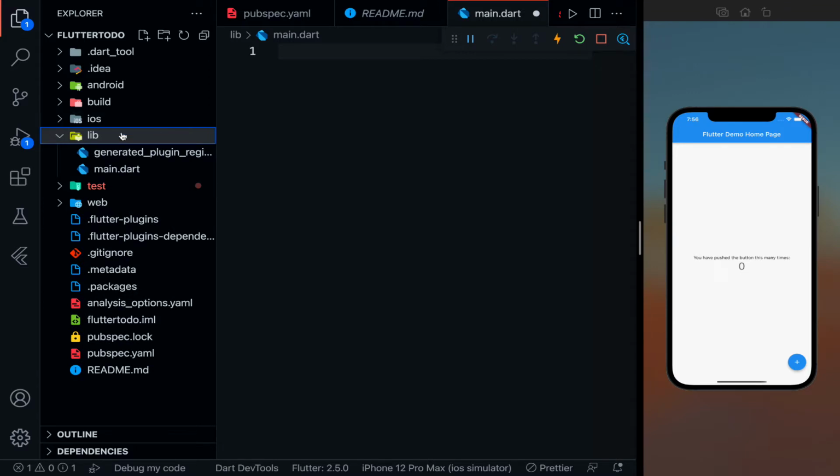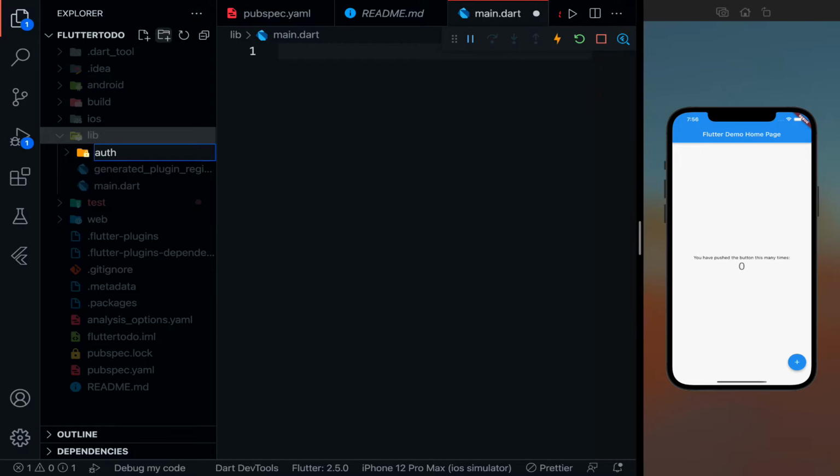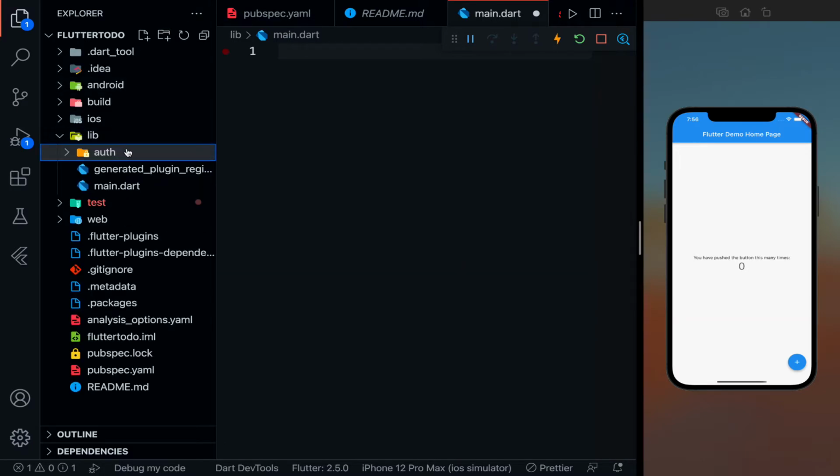So what I'm going to do is, first, when your app starts, it is going to ask you to sign up or log in, right? That is called authentication. So let me create a folder called auth. This is my auth folder. In this auth folder goes every file that will be required for authentication, right? The welcome screen. For now we will only have the welcome screen, in which it will ask you to enter your username, email and password. So this we will be keeping in this auth folder.